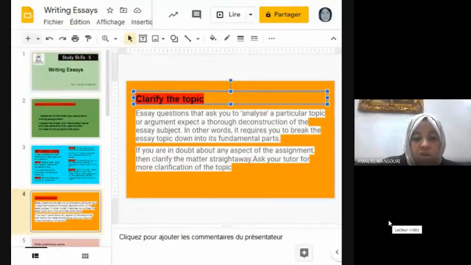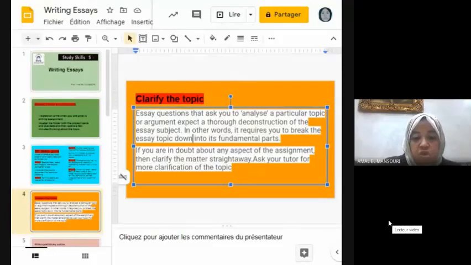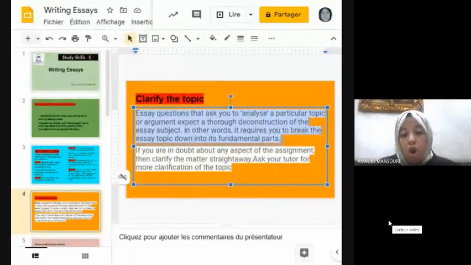Essay questions that ask you to analyze a particular topic or argument expect a thorough deconstruction of the essay subject. In other words, it requires you to break the essay topic down into its fundamental parts.